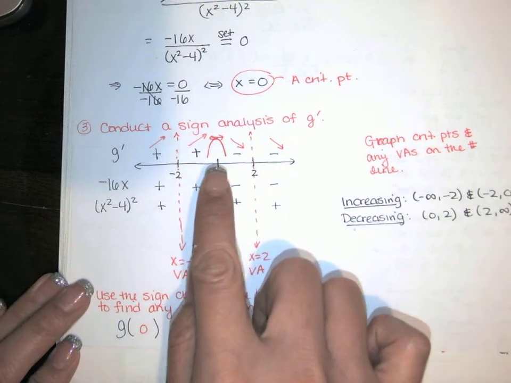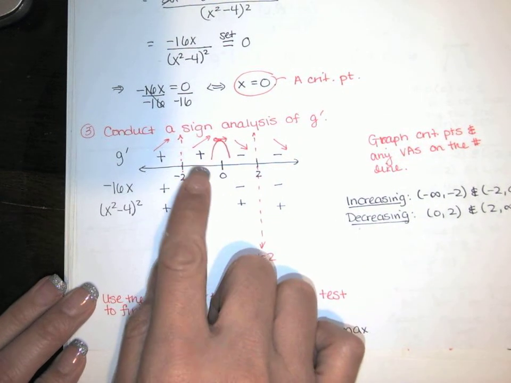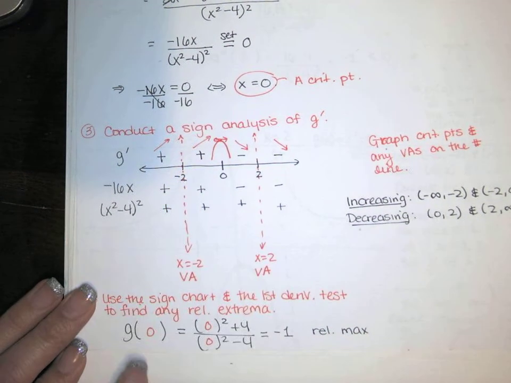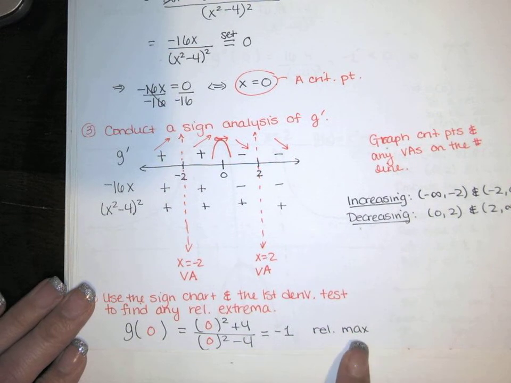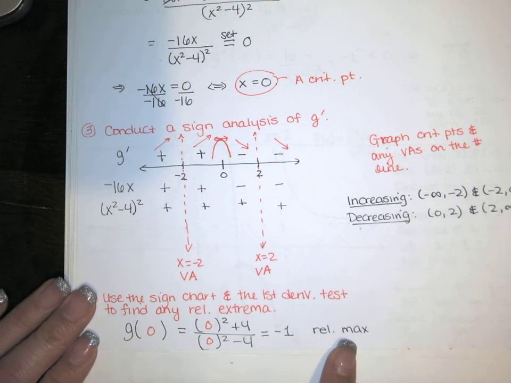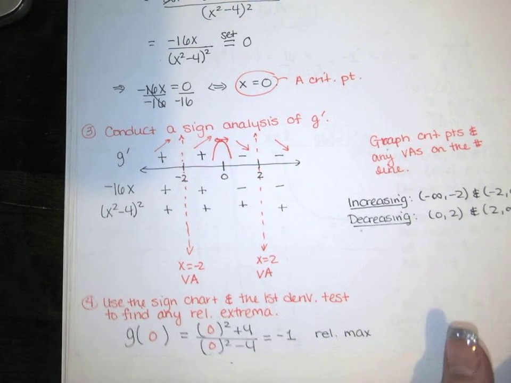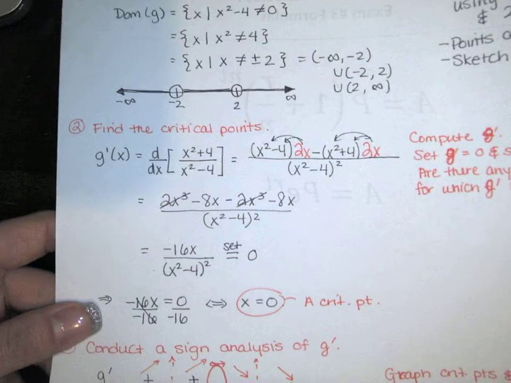So we've realized that we have a relative max at x equals 0. You've got to find the y value that goes with it. That's actually the relative maximum value of the function. It's y equals -1. Then for